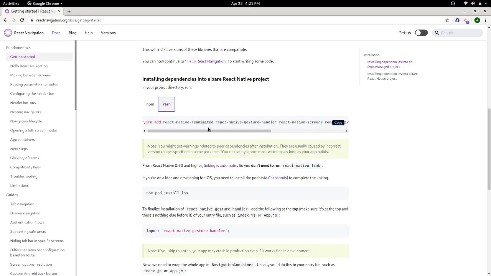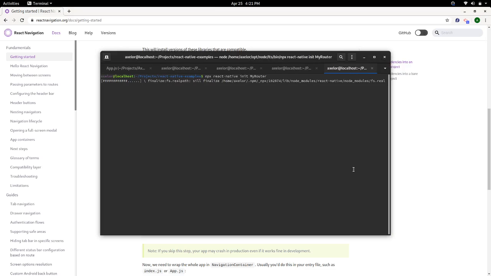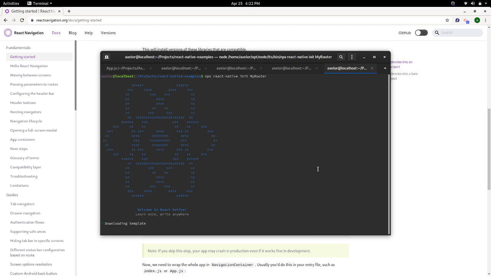They give all the packages to install, so you just need to copy this and install it in our project command line. Once this setup ends, we will install the React Navigation libraries also.